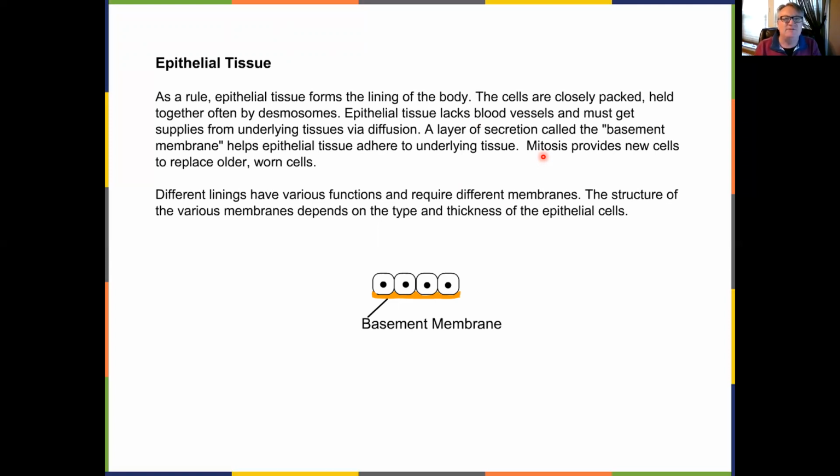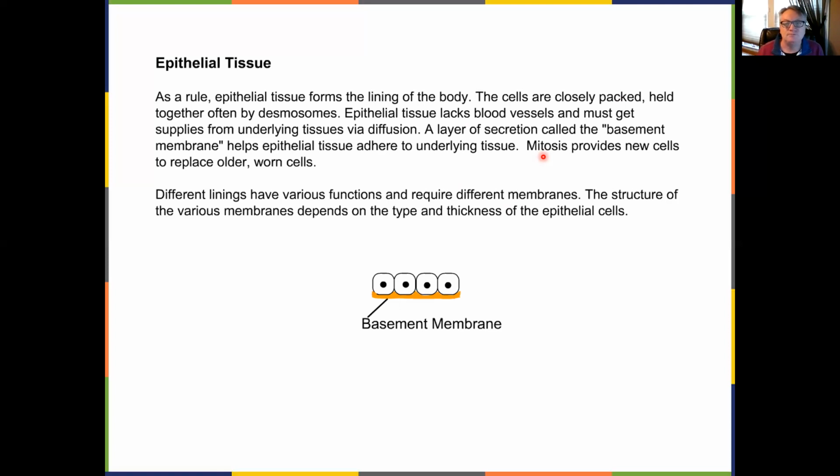So these type of cells regularly undergo mitosis and cell division to repair themselves. Because of the rapid mitosis, this is also a common place for mutations to occur, leading to cancers. So very often the cancer in a tissue is related to the epithelial cells that are making up that tissue, just because of the rapidity by which they are going to be